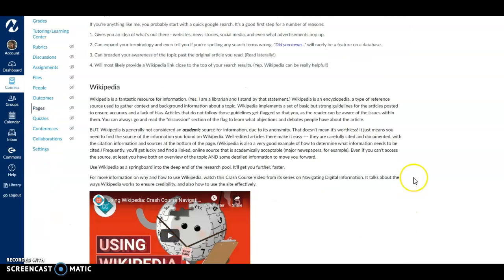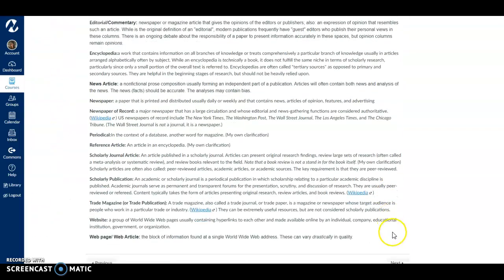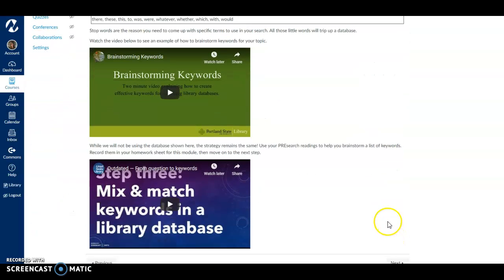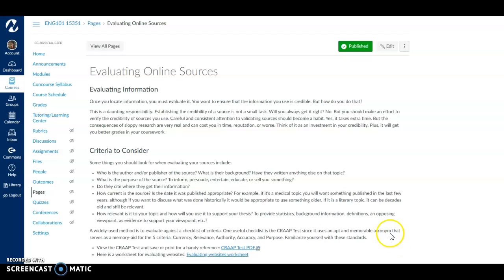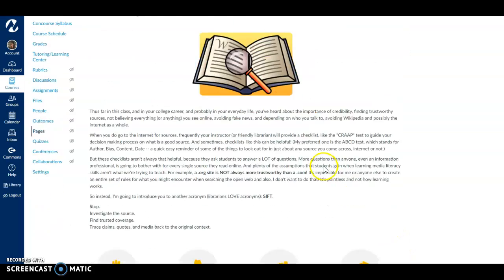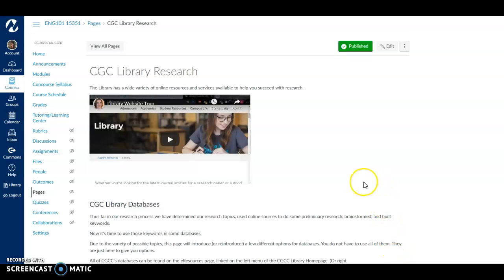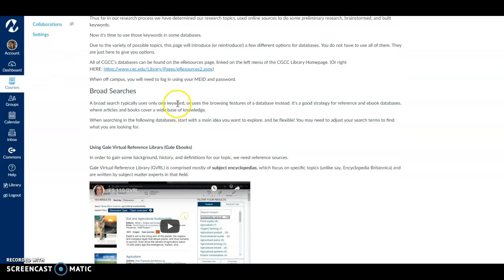And so what I have here over the next few pages are just videos and information and tutorials all about finding good credible sources, whether those sources are online. There's some great news magazines and sources like that online, but also here at Chandler Gilbert, which I think is the best place, especially we need that for the reference.